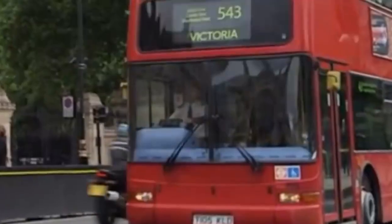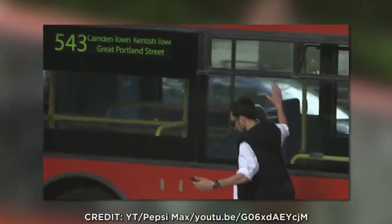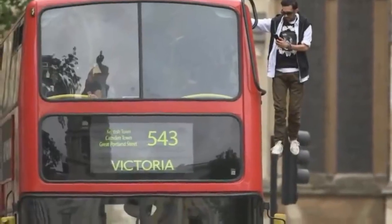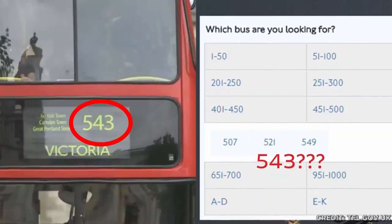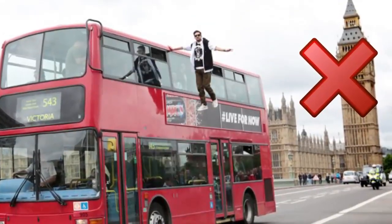First things first, the bus driver and passengers are all in on it. At the end of the video, when he levitates down, the bus is completely empty with no spectators. No, they didn't just get off the bus, because that bus route was bogus. The London Transport website doesn't list a normal schedule for a 5:43 bus. There's a holiday schedule, but the route listed wouldn't drive the bus past Big Ben like we see in the